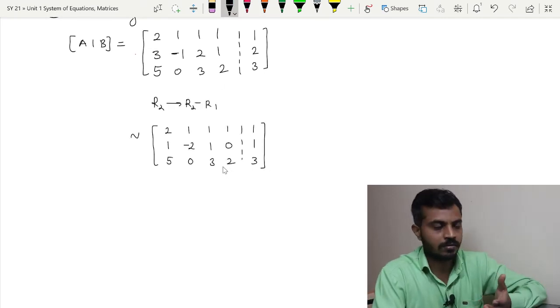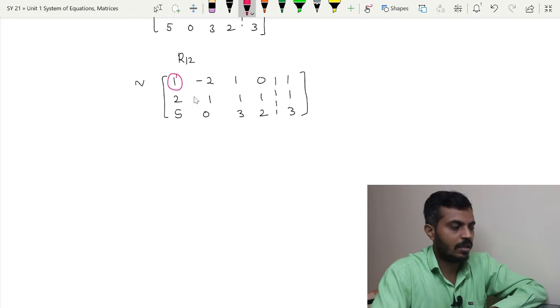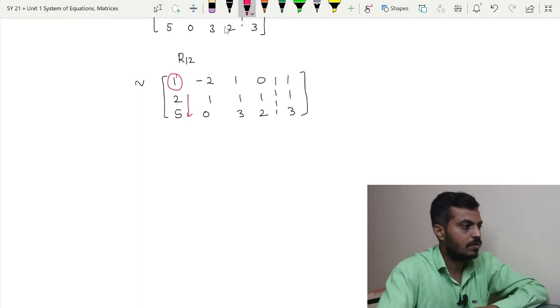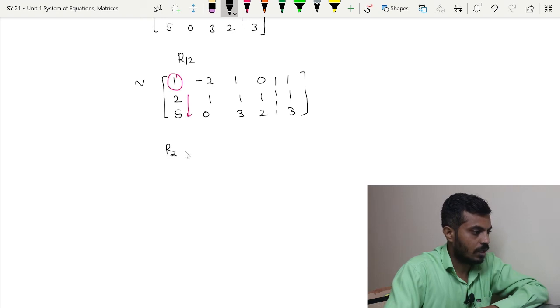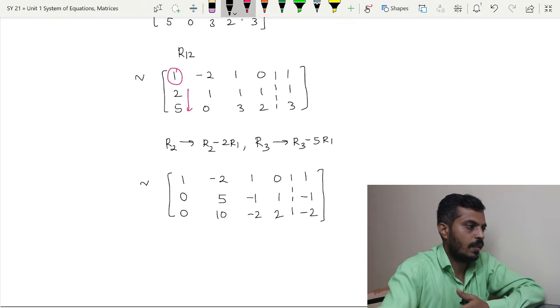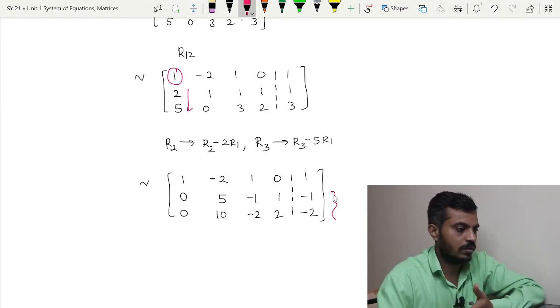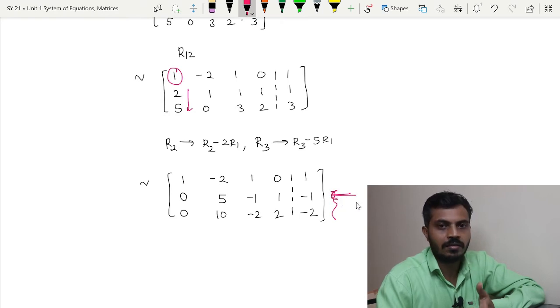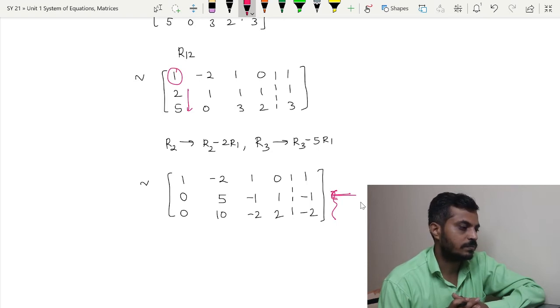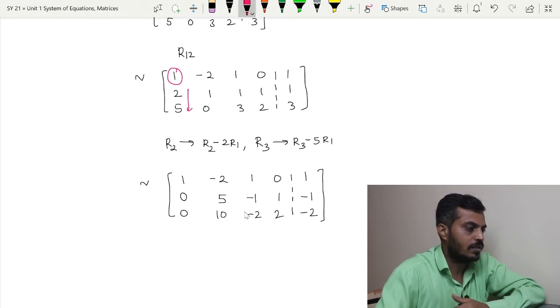Now I will shift first row and second row. Now with the help of this entry we have to make this 2 and 5 0. So what I will do? I will perform. Now you can see that again I will circle the leading coefficients here. Again the process is same. If you get 0 row in the matrix at this second row position, shift it to the down and check the echelon form conditions. Now over here no 0 rows yet, so again we will circle the leading coefficients.